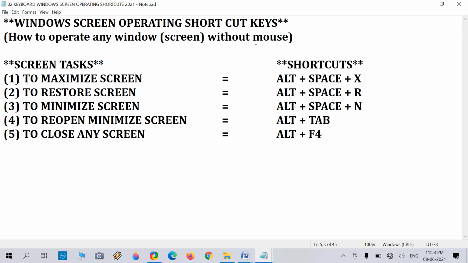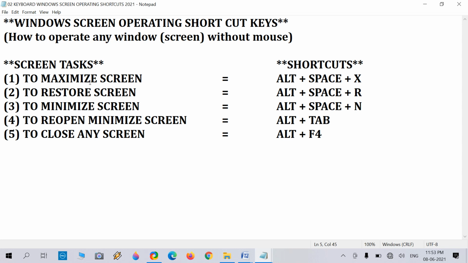For this task of Windows screen operating shortcuts, how to operate any window or screen without mouse, we perform it step by step. First is to maximize, restore and minimize.